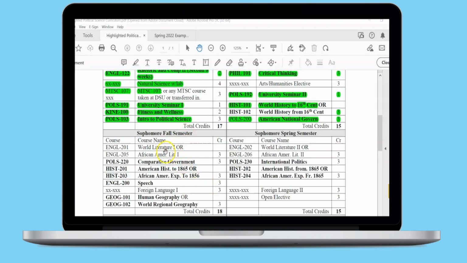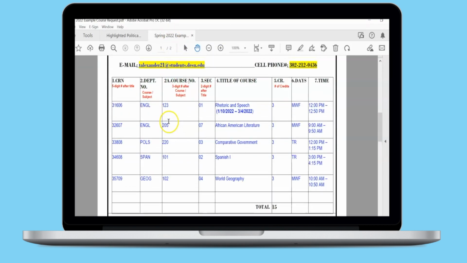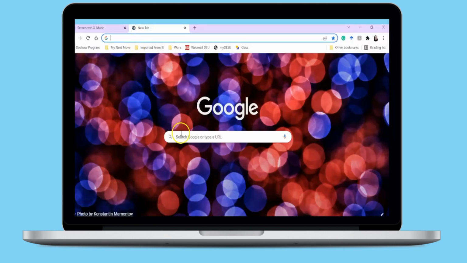Now you want to go to your course request form and write in the department number or course or subject, the course number, which is the 3-digit number after the subject, the title of the course, and the number of credit. We are going to now go into Banner self-service by going into